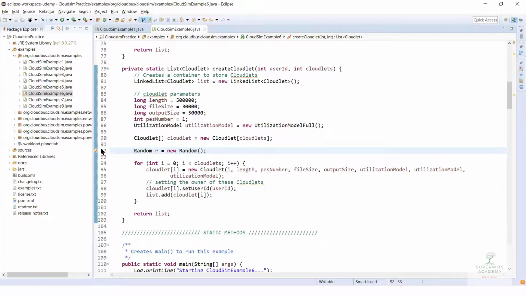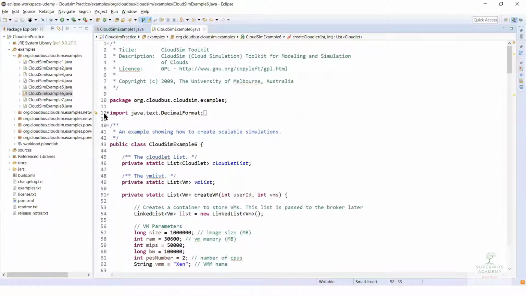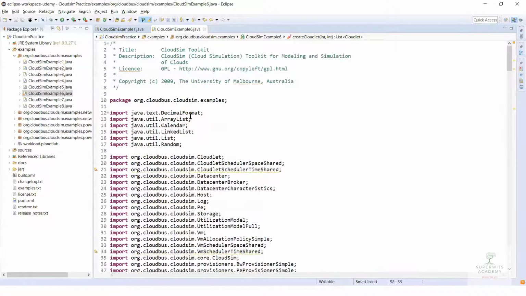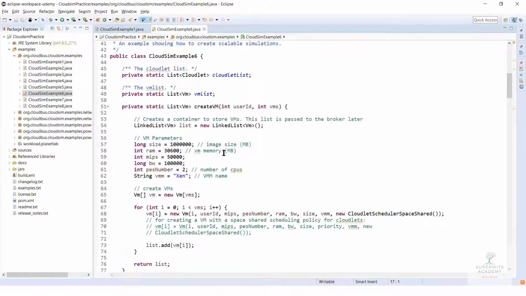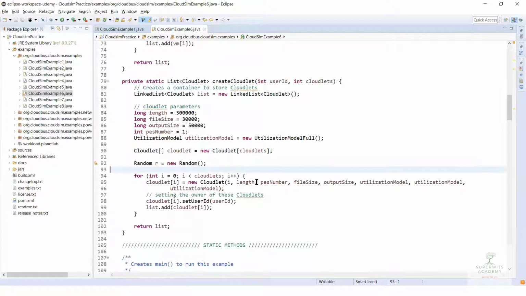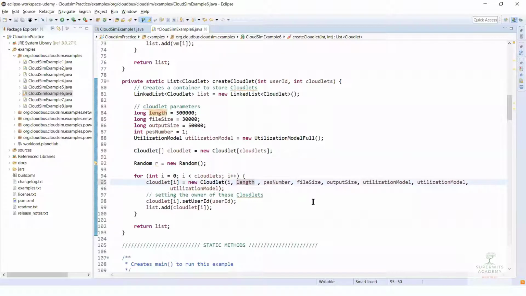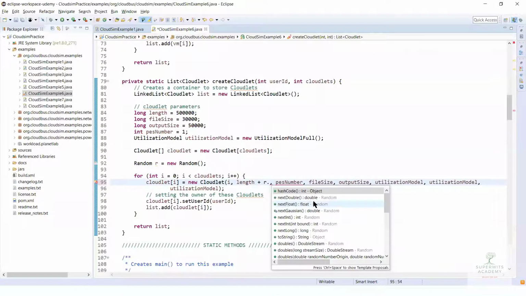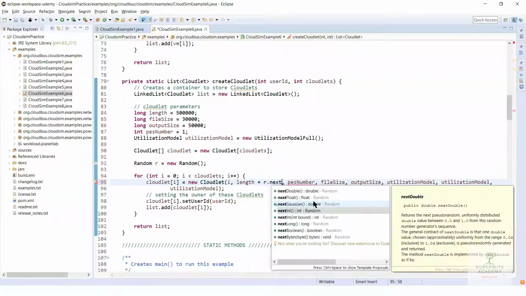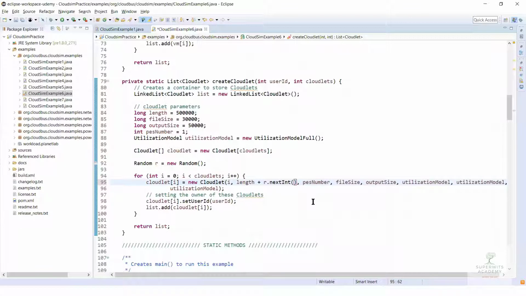Once I do this, you can see it has been added to my imports, right? This is the beauty of using the IDE. Once I have this random, I can simply go to the length within this particular instance, plus r.nextInt, and whatever seed I want to give, maybe 2000.